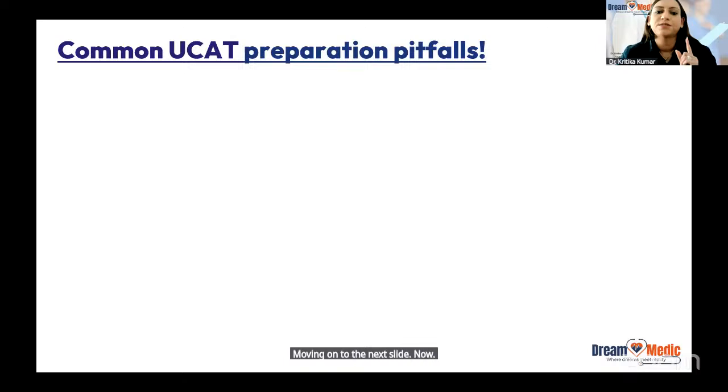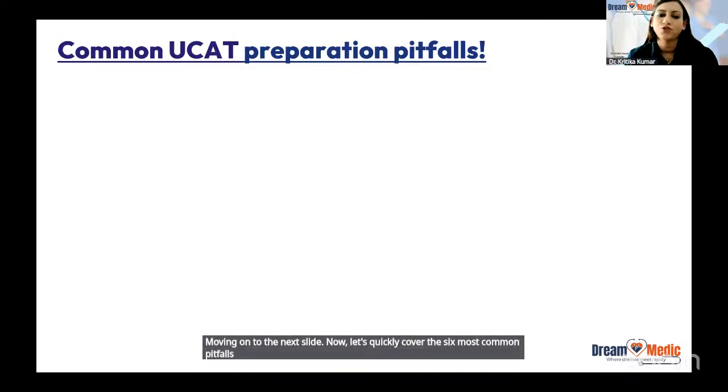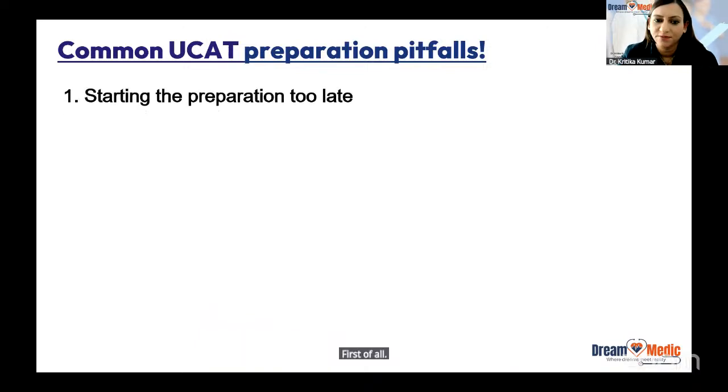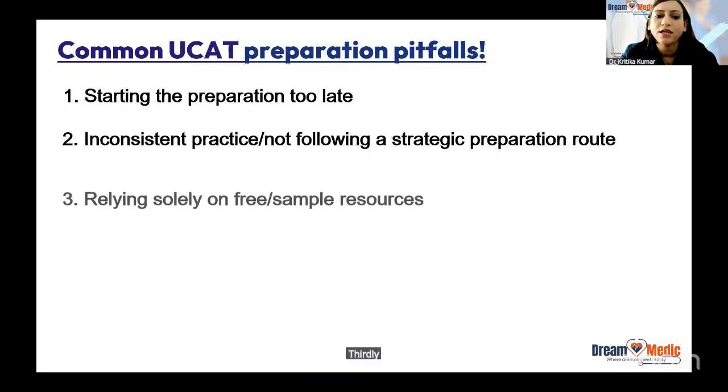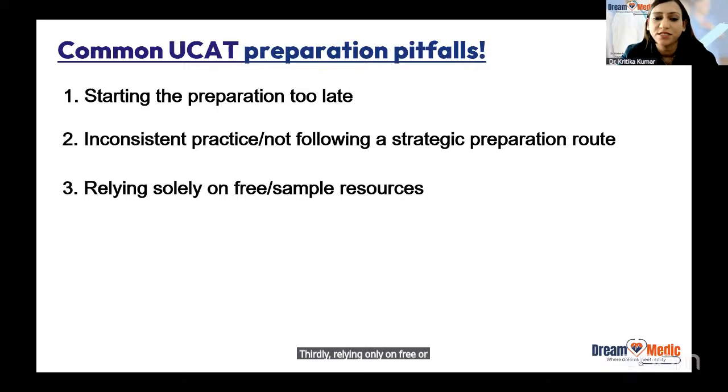Now let's quickly cover the 6 most common pitfalls students fall into while preparing for the UCAT. First of all, starting too late. This test needs consistent practice over time. Cramming will not work. Second, not having a strategic plan. Random practice without a structured route leads to burnout and poor performance. Thirdly, relying only on free or sample resources. These are helpful to begin with, but they're not the best resource and are not reflective of the real exam